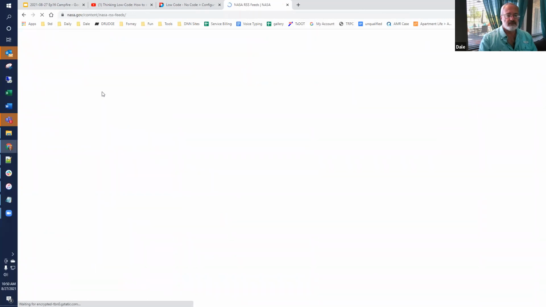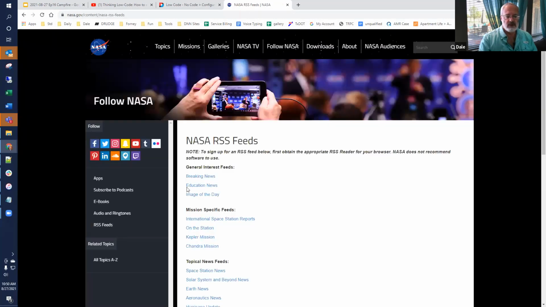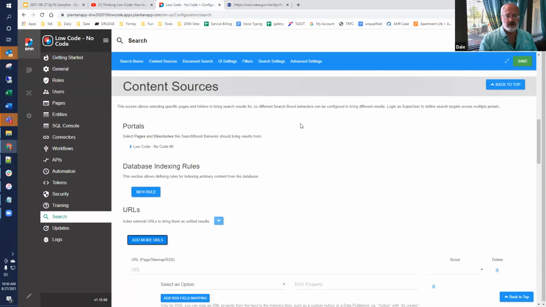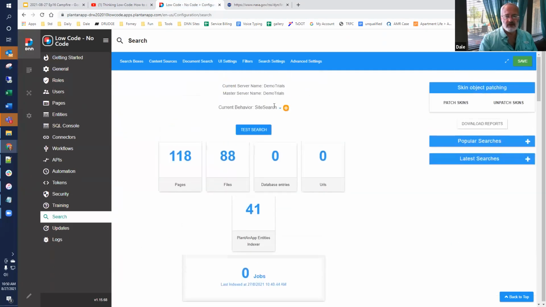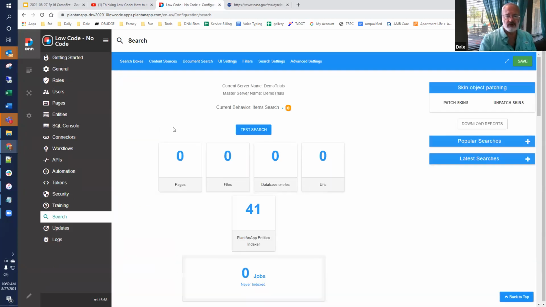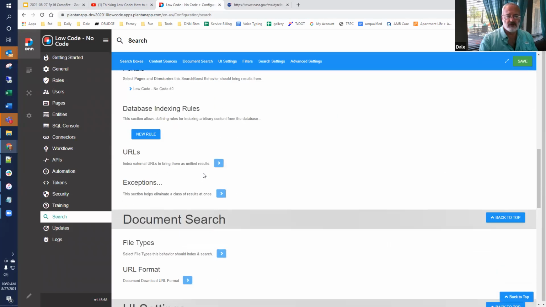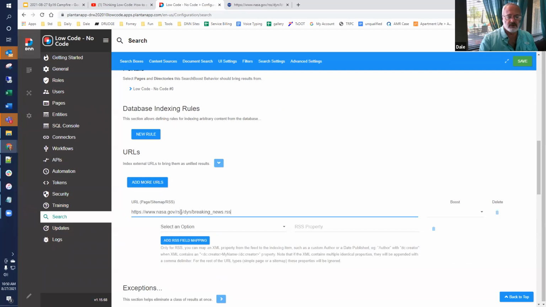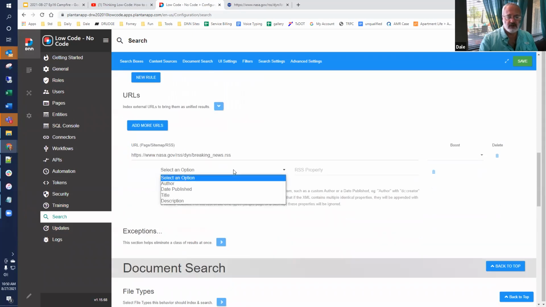I'm sure NASA. NASA breaking news, RSS. So there's all of NASA breaking news. So I'm going to go to my items search so we don't have to wait quite so long in between, and configure this external URL that we're going to go to this RSS site.